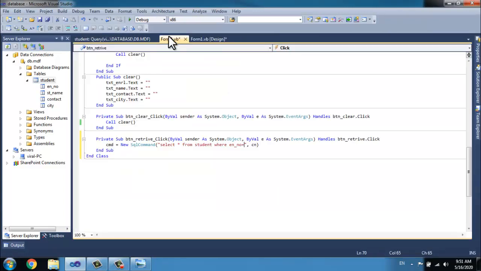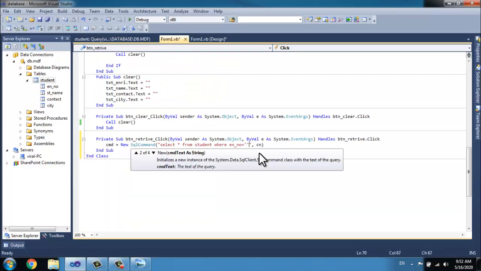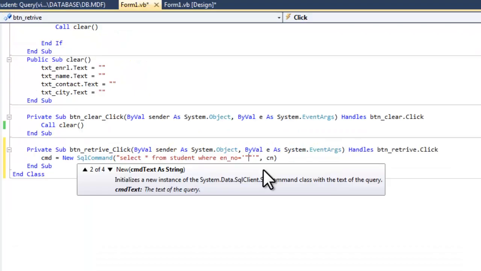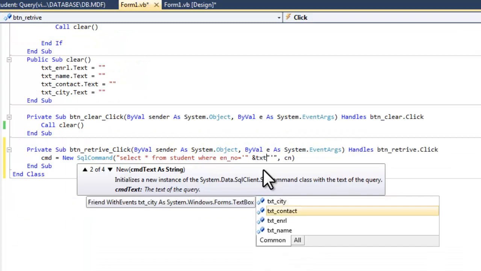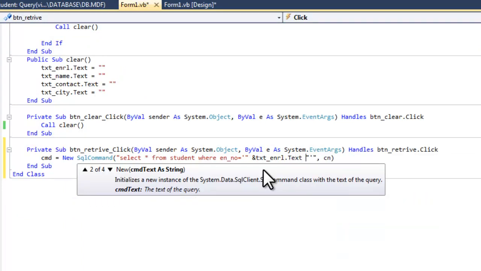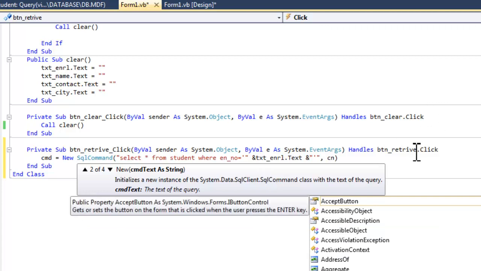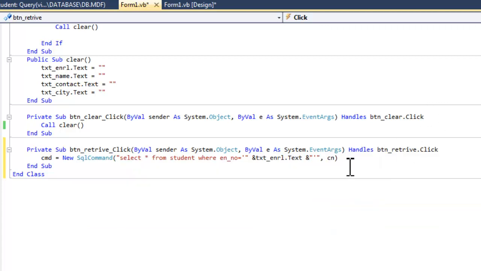The enrollment number text box, txt underscore enroll. We have to write its address in single quotes and double quotes, with txt enroll. This is the second step. We have initialized the select query with the cmd object of the SqlCommand class.